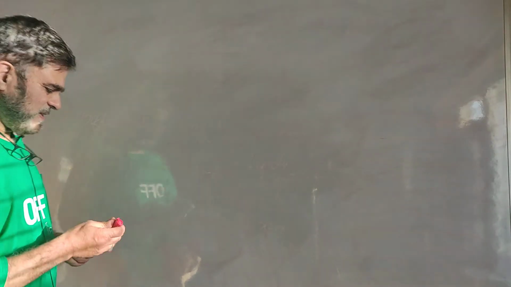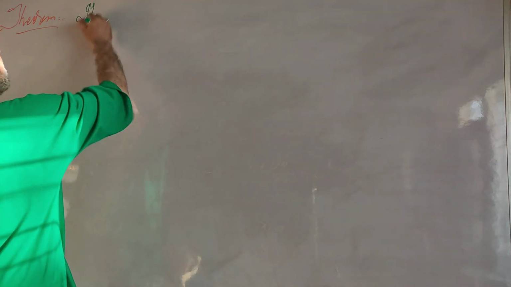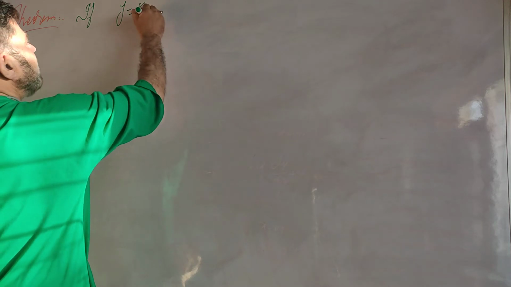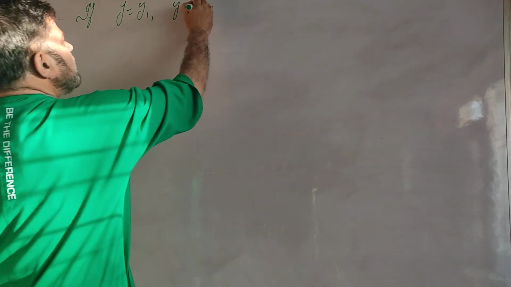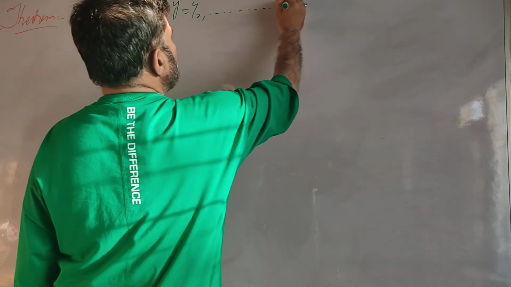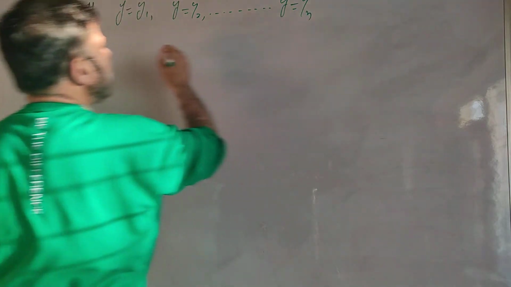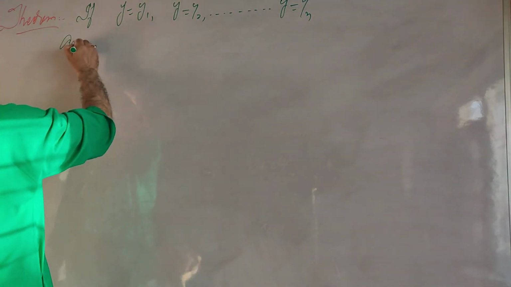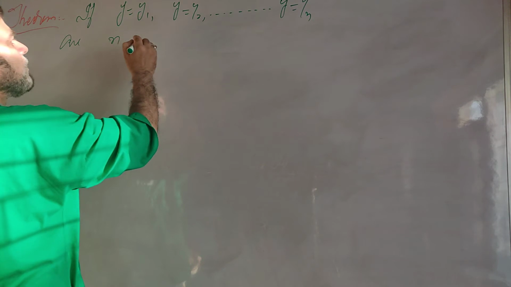It is a very easy theorem. This theorem states: if y is equal to y1, y is equal to y2, and so on, y is equal to yn are